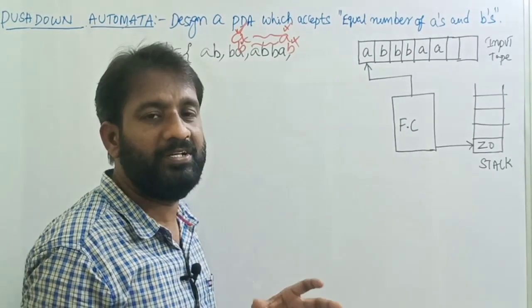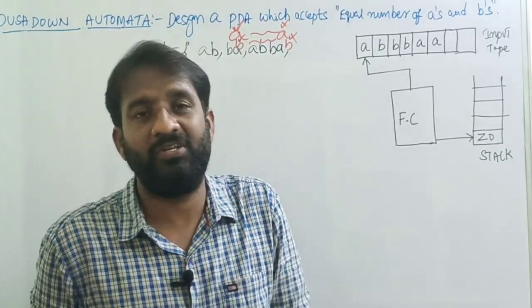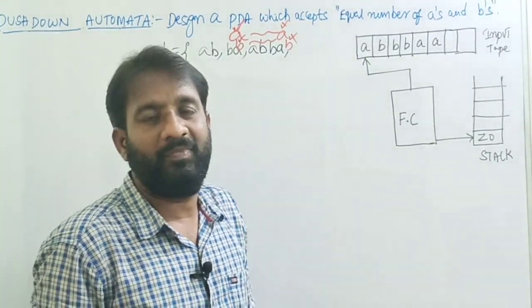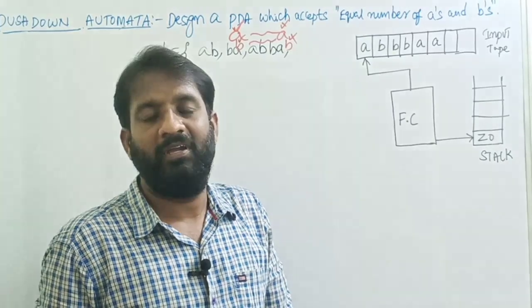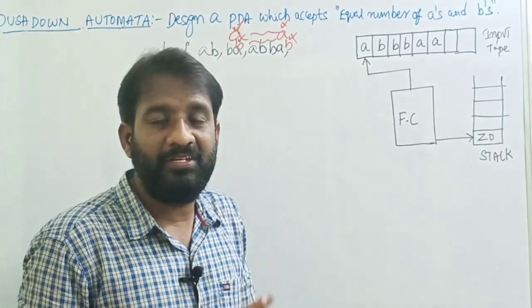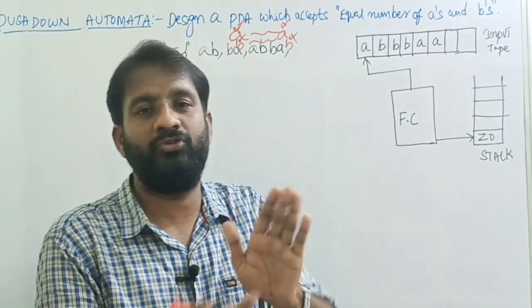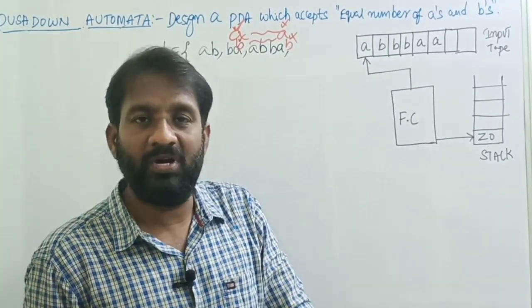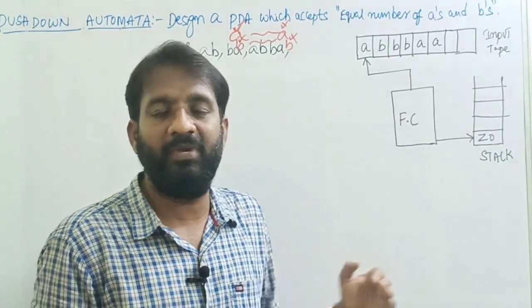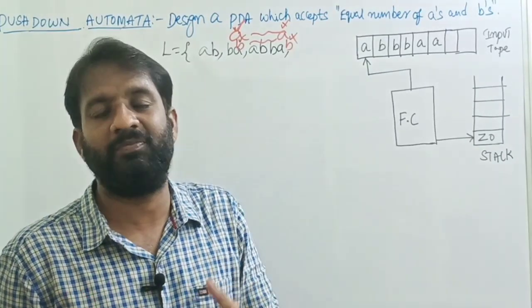The logic for designing this pushdown automata is deciding on which conditions we push a symbol onto the stack and on which conditions we pop a symbol from the stack. For example, read the first symbol, either A or B, and immediately push that symbol onto the stack. Then read the next symbol from the input tape and compare it with the top of the stack. If both are the same, push again onto the stack. If the next symbol and the top of the stack are different, do the pop operation. At last move to the final state and make the stack empty, so that the pushdown automata is accepted by final state as well as by empty stack.